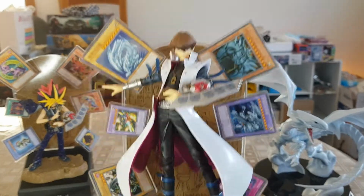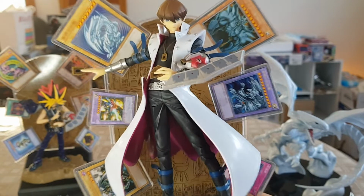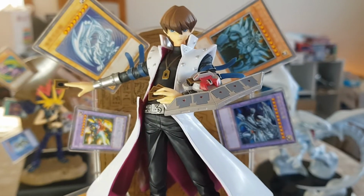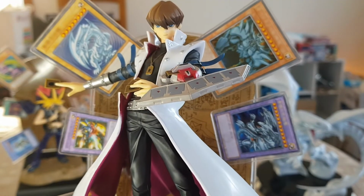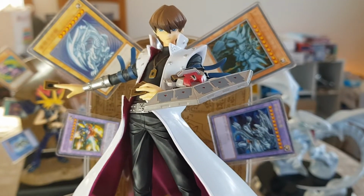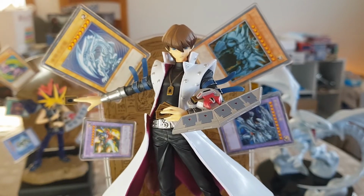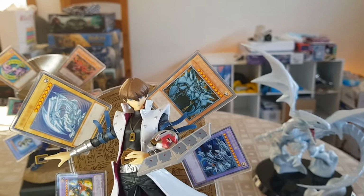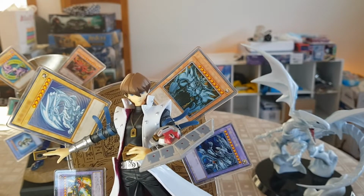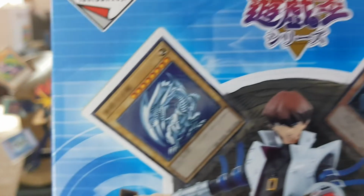Now, just like Yugi, let's quickly have a good look at Kaiba. As you can see, he's got a bit of a, I don't know what you'd call that expression. From here, it looks like a standard-ish scowlish face, but it almost looks like a little bit of a smirk, like this. Just have a look at the official box. The official box has it more like a smirk,